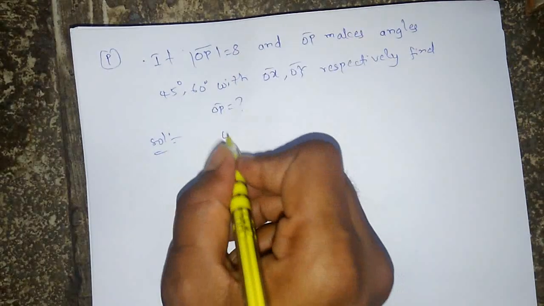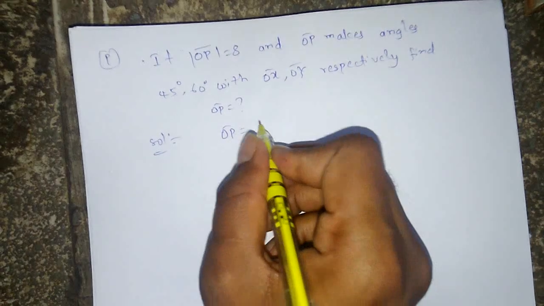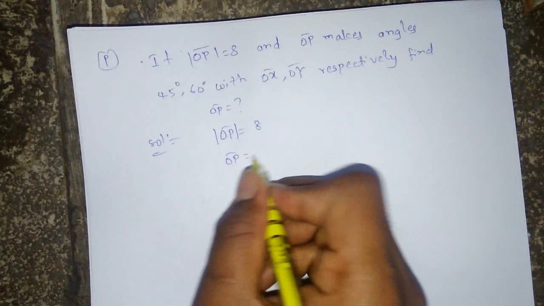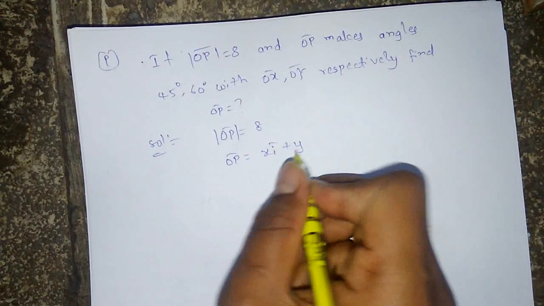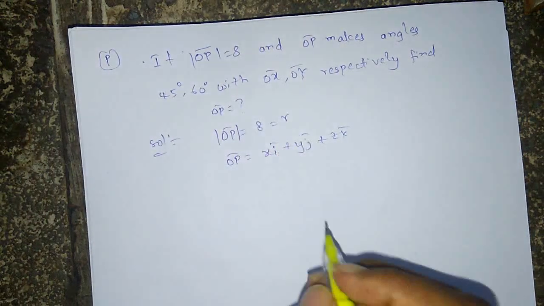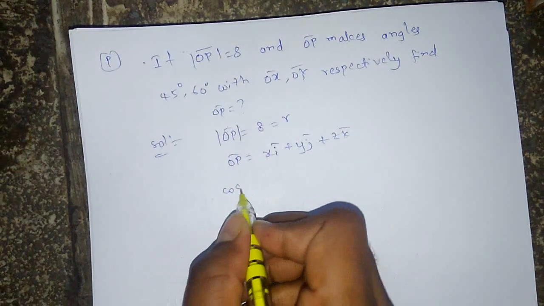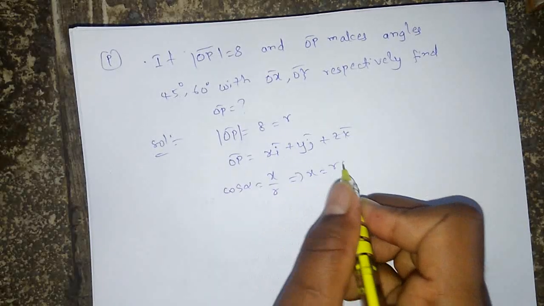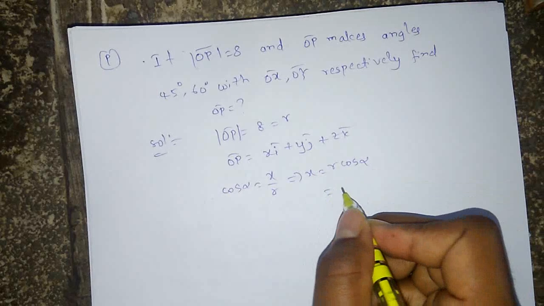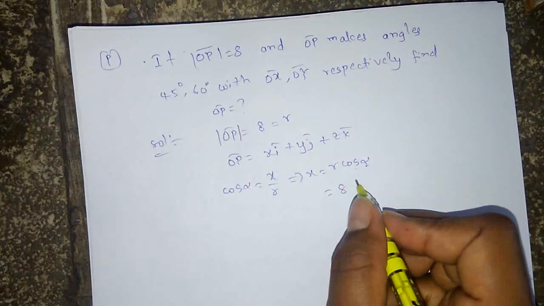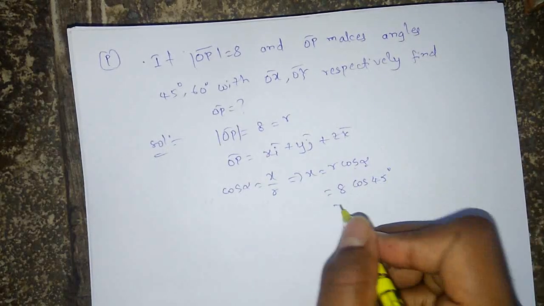So here given OP bar, magnitude of OP bar is 8. So in general, let us take OP bar is equal to X i bar plus Y j bar plus Z k bar. Your magnitude is, let us take R. Now we have cos alpha is equal to X by R, implies X is equal to R cos alpha. R is 8, cos alpha. Alpha is the angle made by OP bar with X axis, that is given as 45, cos 45 degrees, that is